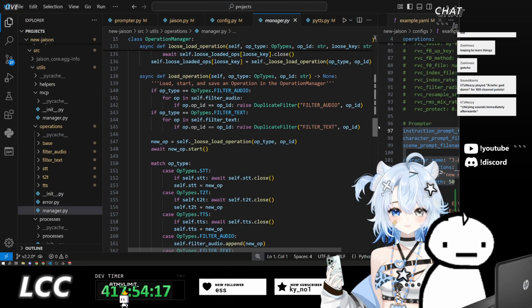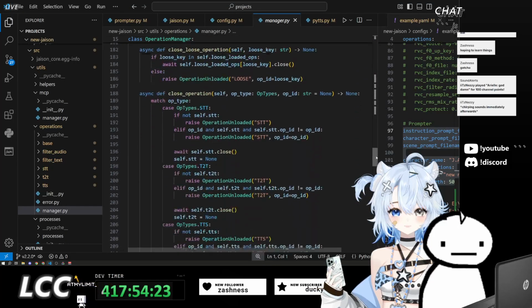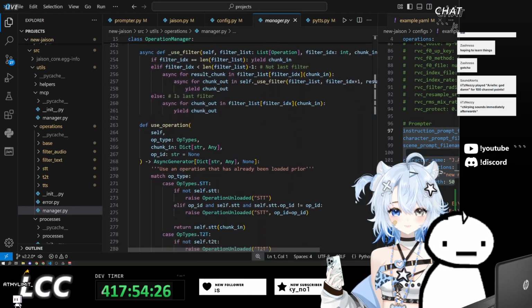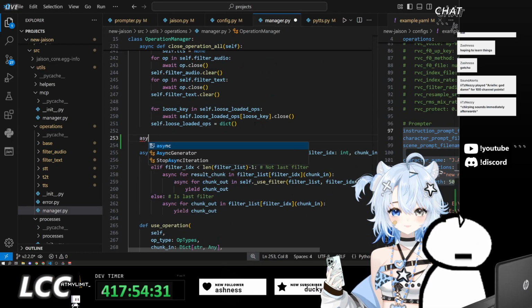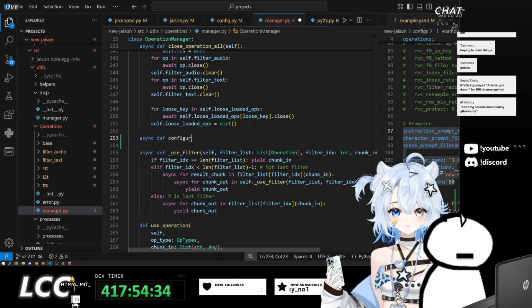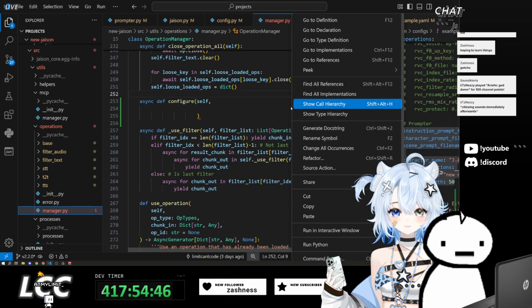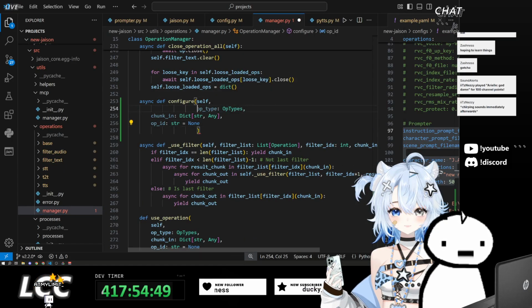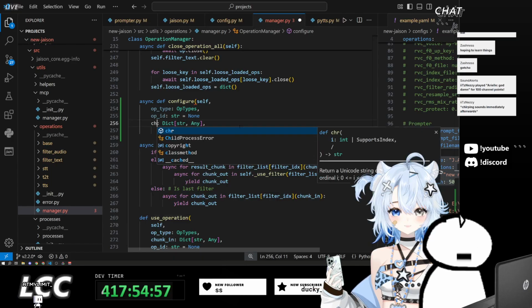And frankly, that also makes more sense. After all these close, before use, we'll call async define configure. We'll configure, we'll take in the operation type, and we'll take in the config dict.